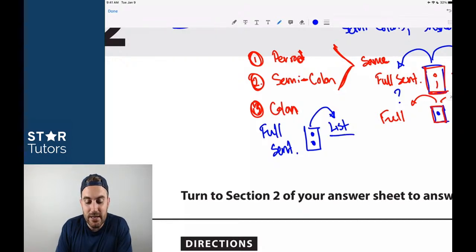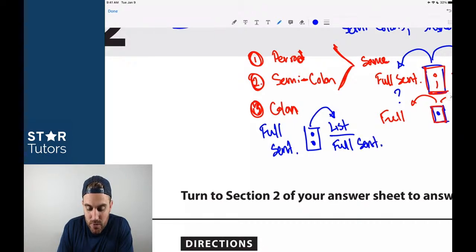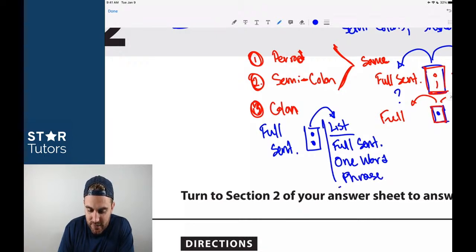Okay, so it can be a list, but on the other side of a colon, on the right side, you could also have a full sentence. You could have one word, right? You could have a phrase. So if you see all of these things, right, if you know that they're testing you on all of these things,